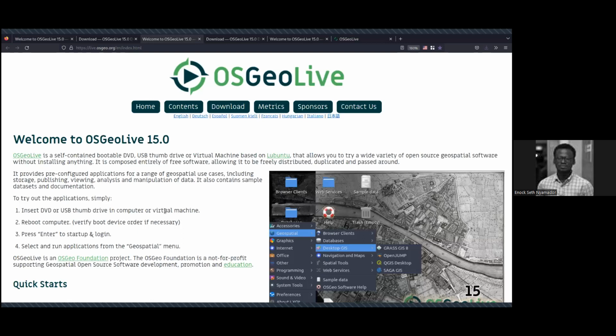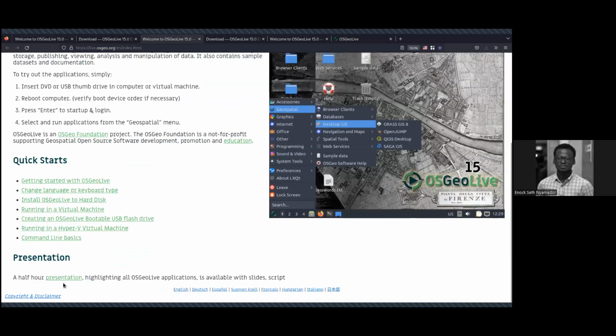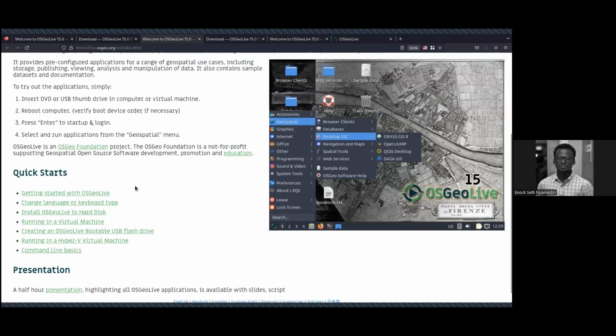Now, a lot of the talking, we stop now and we can jump down. When the homepage of OSGeo Live, that is live.osgeo.org, you see some quick starts, some useful links over here. Reading this first page is very useful. The presentation I'm going to use, skip through quickly. It's here. You can find the link here. And all other things I'll show you, maybe how to get started, changing the language.